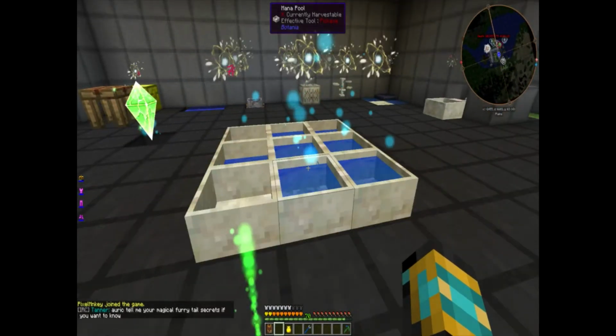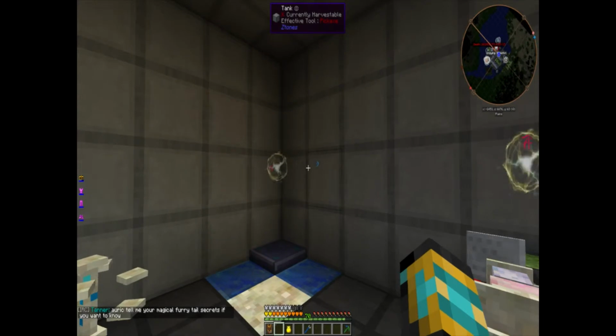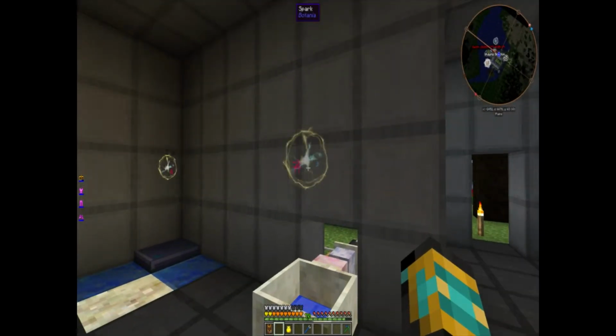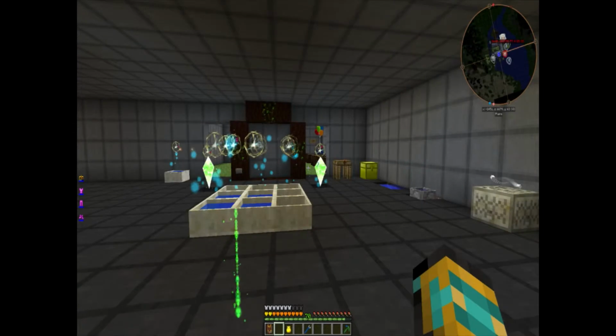I moved this back a little bit. All these are connected. There's a mana pool and a couple spreaders down below, so those are connected. That's a dominant spark. That is a recessive spark. So that kicks fluid out. Should be kicking it out to everything. It's probably just a little bit in there. Anyway,